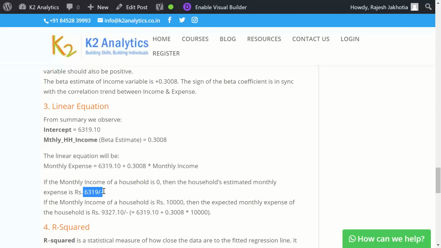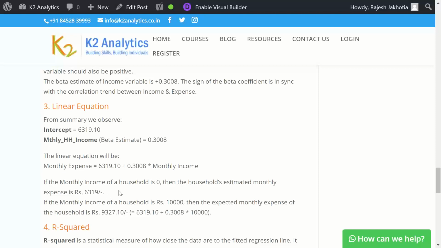The intercept tells you that if all x are 0, y will be equal to the intercept. It is obvious that even if a household doesn't have any earning, they still have an expense of livelihood, and based on the equation that expense is rupees 6319.